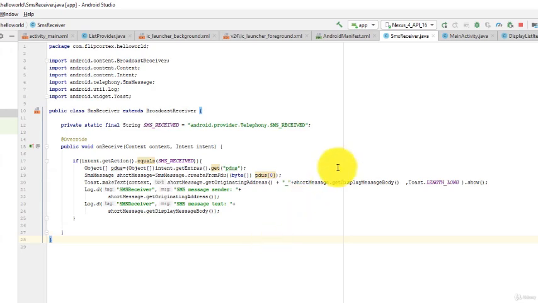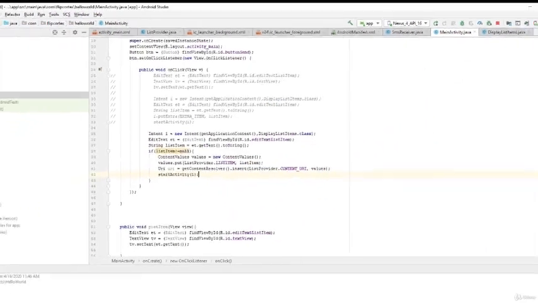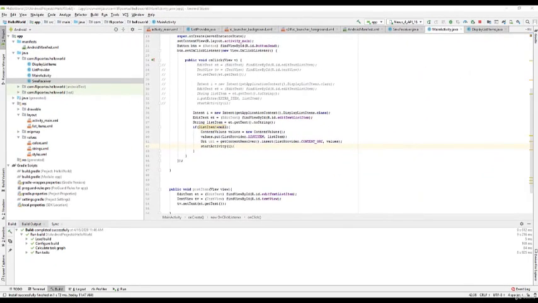Okay, so before we run, since Android version 6, a new step was added when requesting dangerous permissions. So inside our main activity, we need to create a method that prompts the user to explicitly allow the permission at runtime. So the first time the user runs the app, they will be prompted to confirm that the app can receive SMSs. So to do this, we will create a method called request permission.